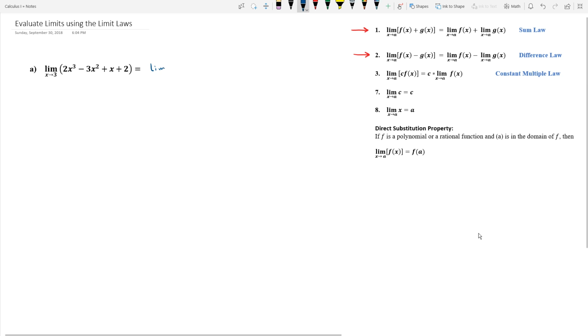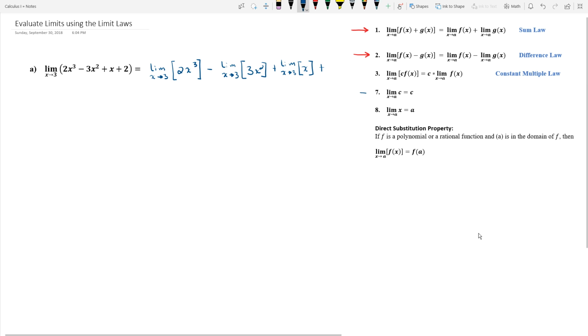the limit as x approaches 3 for 2x to the third minus the limit as x is approaching 3 for 3x squared plus the limit as x is approaching 3 for the function x plus, and here we are